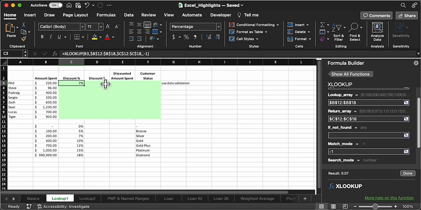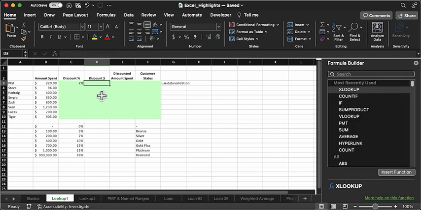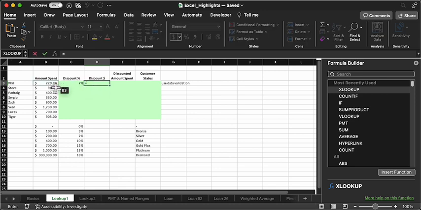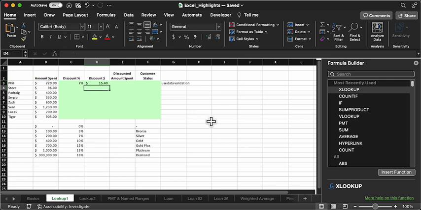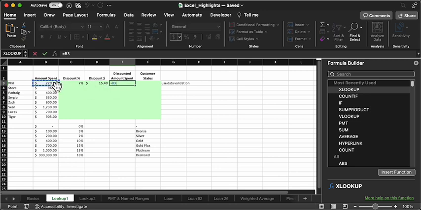I could fill that down now, or I could wait and do all 4 of these formulas later, all in one fell swoop. So the discount dollar amount would just be equals the amount spent times the 7%. So I get a $15 discount. So my resulting price after the discount is going to be equals the original amount minus the 15 or so dollars,